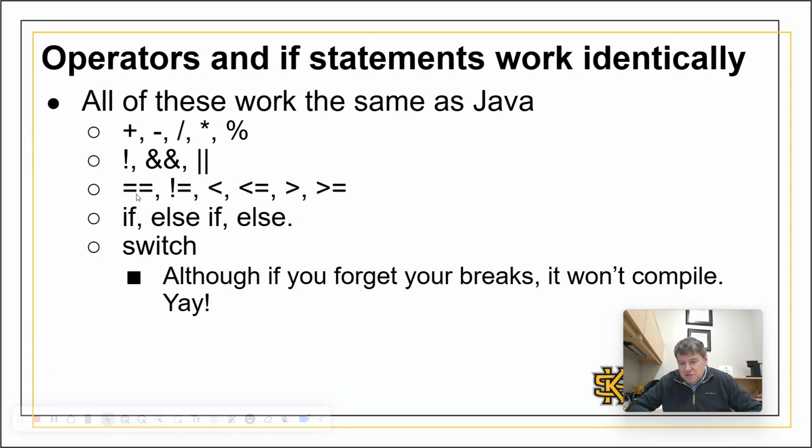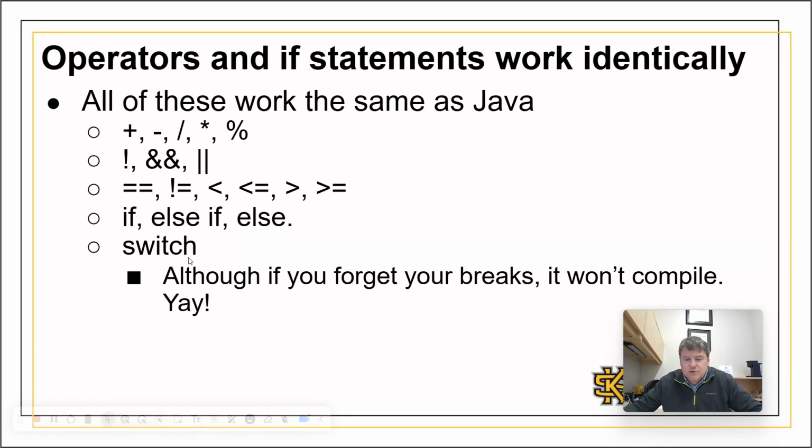You know that crazy thing where in Java you have to say string dot equals and the other string? In C Sharp, you can just say if this string equals that string, and it knows what to do with it. If statements work the same, else ifs work the same, else's work the same, and even switch statements